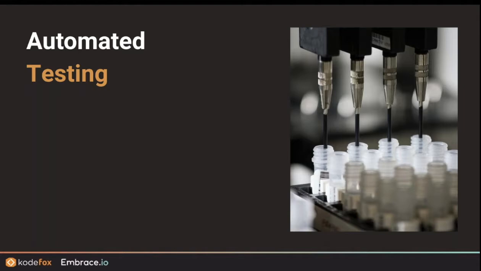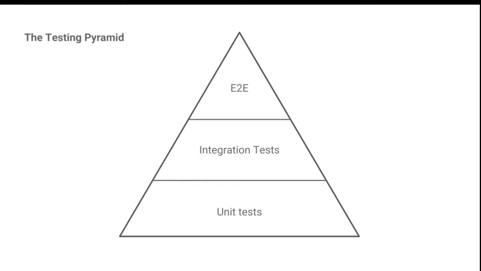Automated testing. I assume that everybody who's been building software understands that software engineers need to write tests, so I won't harp on that a lot, but I will say this. Especially on the business side, you have limited resources, and you want to maximize those resources in terms of developer time and energy and effort. So how do we invest our testing effort where we get the most return? If you've seen the classic testing pyramid, you've got your unit tests, which is your baseline. You do the most of those, a few fewer integration tests, and you do the fewest, or a little bit of investment in, end-to-end testing.